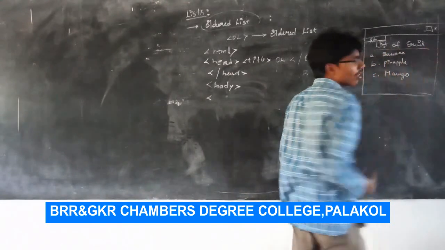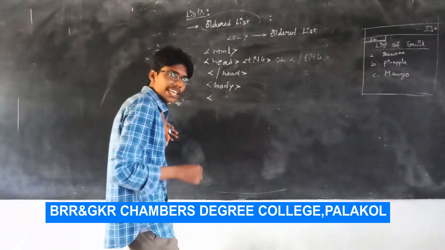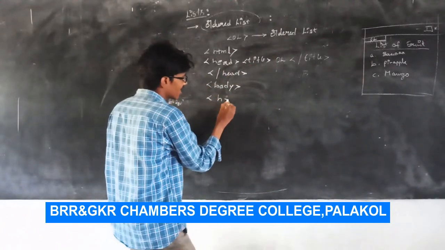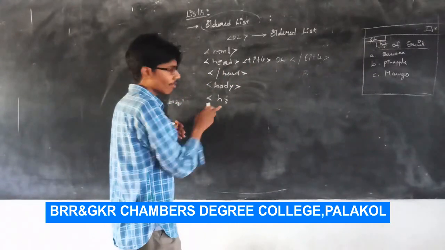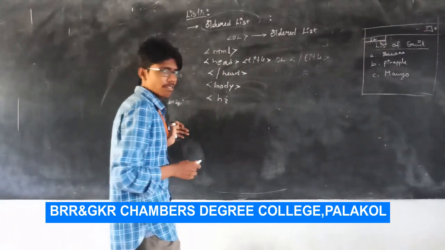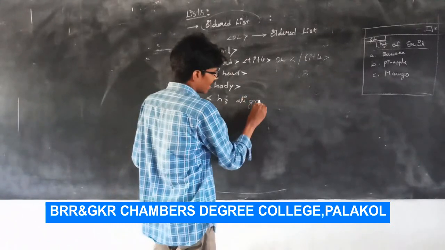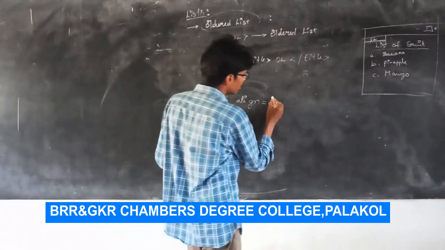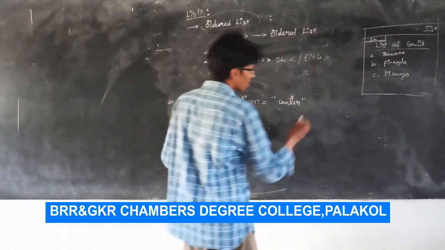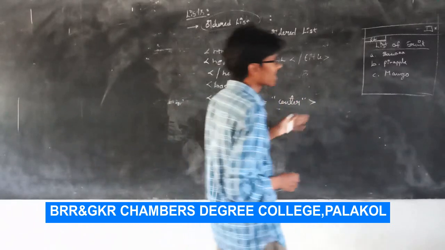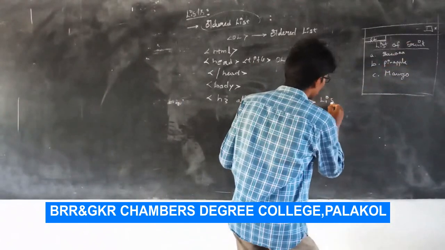with an underline. For this, use any heading tag, that is H3. These are available from H1 to H6, anything you wish to implement. After that, align is the attribute, with the value in quotation marks, center. After that, close the tag and include the text you want to present in the final outcome, that is list of fruits.